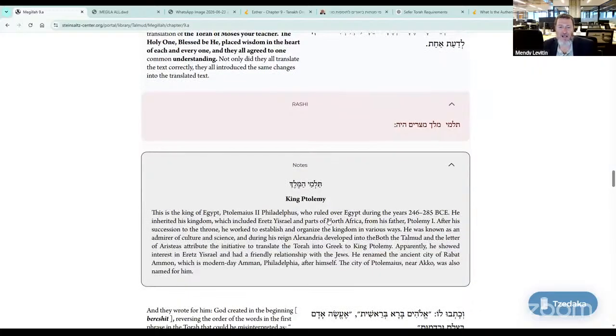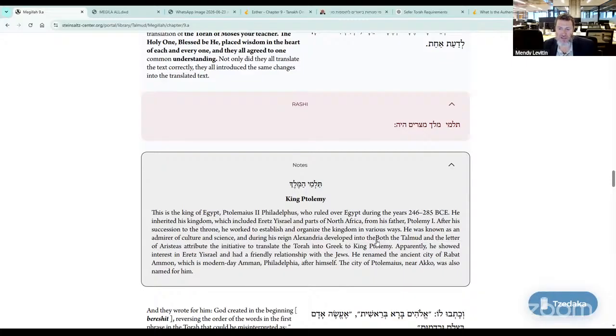So King Talmud HaMelech, the king. This is the king of Egypt, Ptolemaeus II, who ruled over Egypt during the years 285-246 BCE. He inherited the kingdom, which includes Eretz Yisrael and parts of North Africa, from his father, Ptolemy I. After his succession to the throne, he worked to establish and organize the kingdom in various ways. He was known as an admirer of culture and science, and during his reign, Alexandria developed into